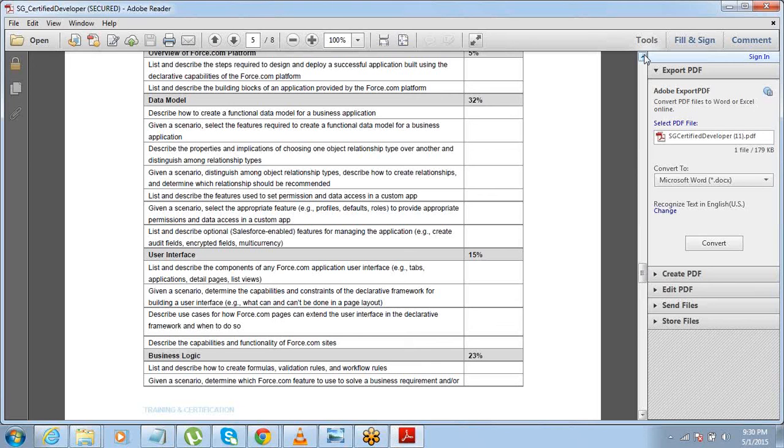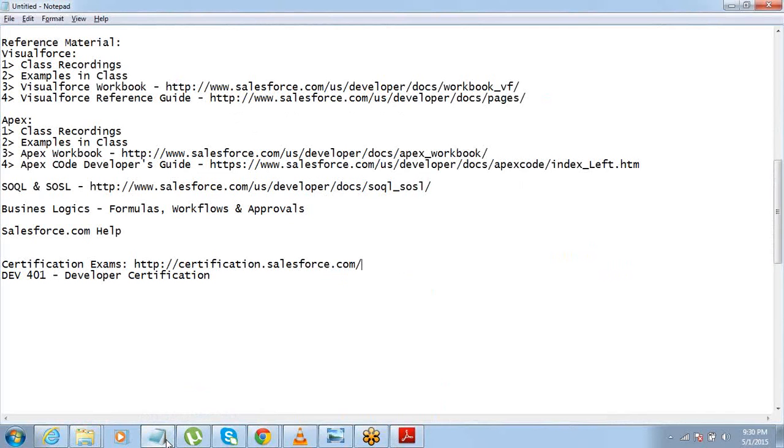All right. So this is going to be your reference for all the certification exams in case you plan to do that. So that's about all the reference material that you have, and I think this is a lot of material. There's no better material than this. Of course, initially I shared some of the workbooks.